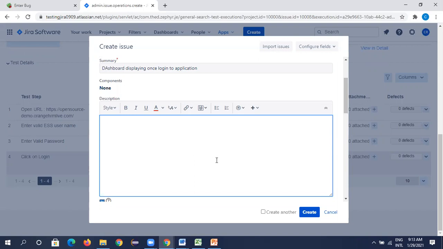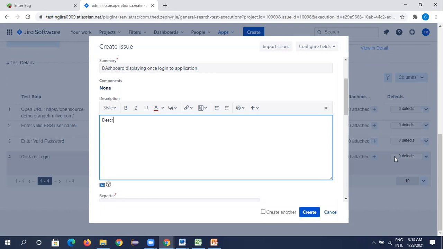So what they will do is they will add the steps, ask us to write one description. So this would be the fixed format. They will customize this one. Okay, fixed format: description, steps to reproduce, expected result, actual result. So these steps they may add.